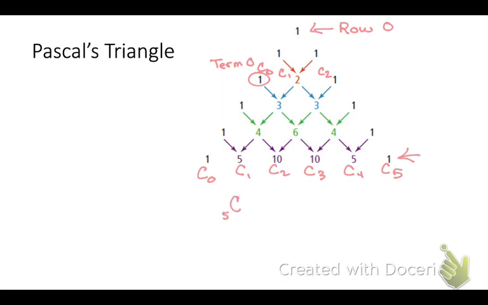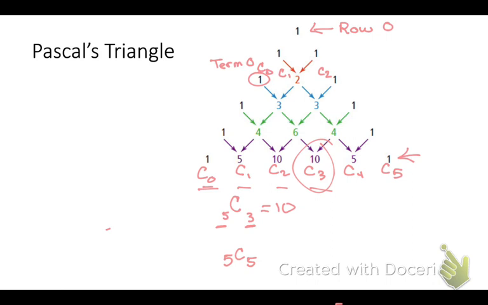5 choose 3. Okay? So we're in what row? 5. And we want the third term. But it doesn't start with 1, it starts with 0. So if I ask you how many ways, if I gave you 5 things, you could choose 3 of them differently, like you could make pairs of 3. Does that make sense? So you would go 0, 1, 2, 3. How many ways can I do it? 10. That'd be different. So if I 5 choose 5,